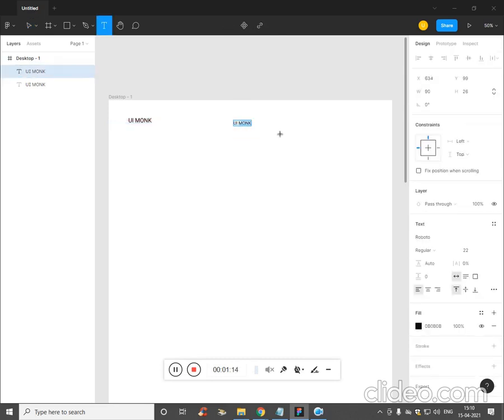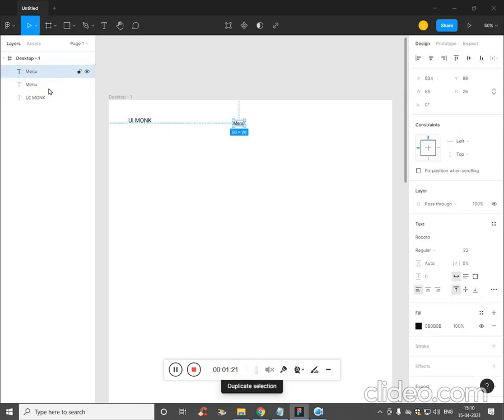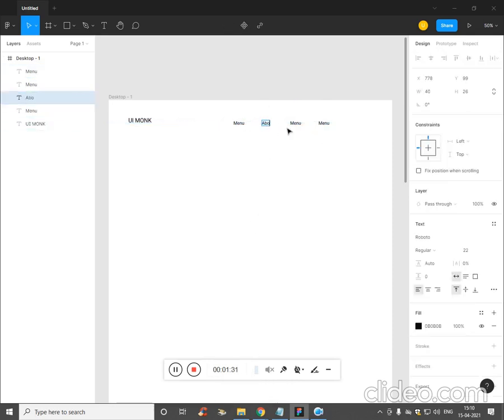Now this is going to be menu. Ctrl D, press V and space it accordingly. Ctrl D again, and let's edit this. About us, blog, contact us.